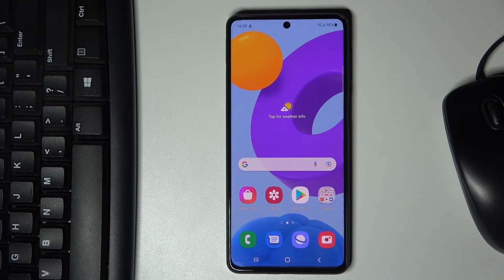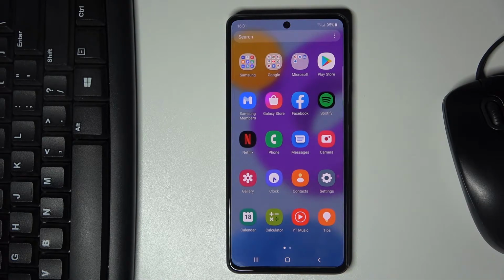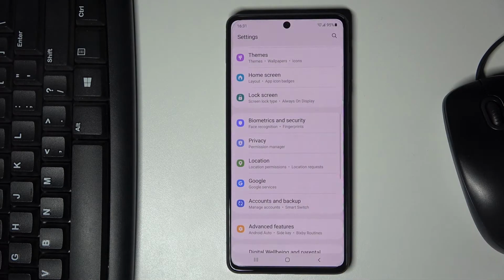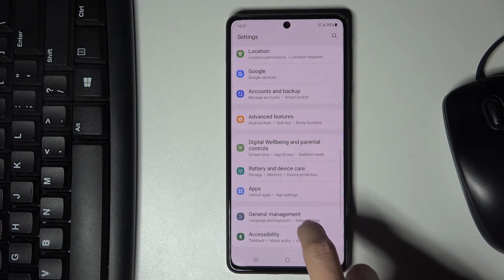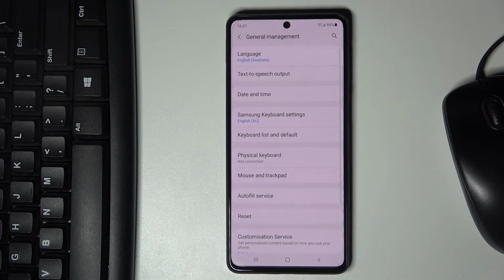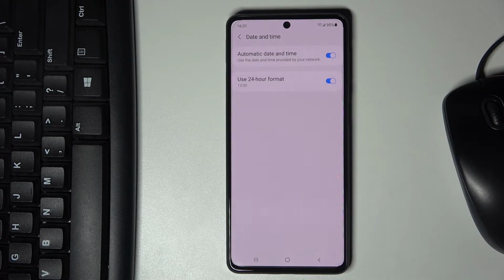Here we've got Samsung Galaxy M52 5G, and let me show you how to set up date and time on this device. So first of all, open the list of all apps, go to settings, and now click on general management right here. Then select date and time, and here as you can see you can either use automatic date and time or